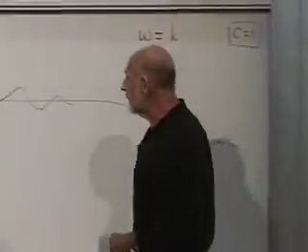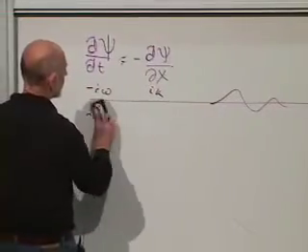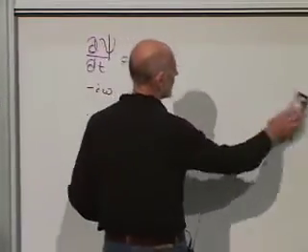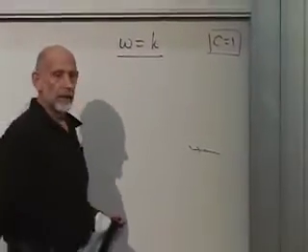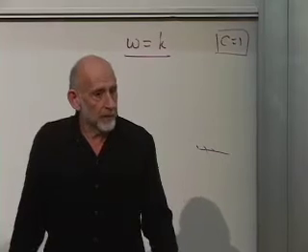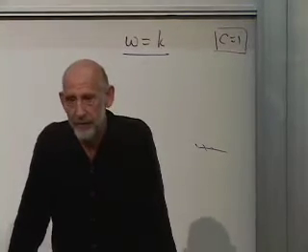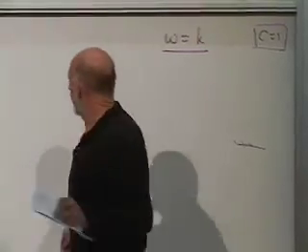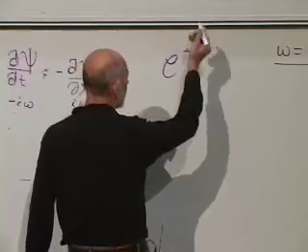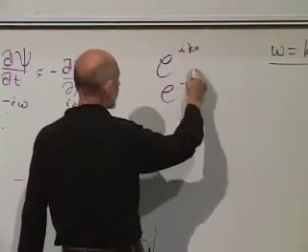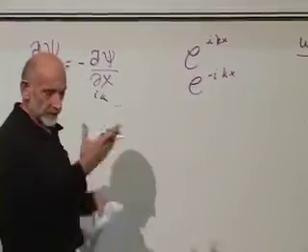Okay, now there's something a little bit crazy about this. Omega equals k. Energy equals momentum. Can k be negative? Sure, why not? I can write e to the i kx, and I can also write e to the minus i kx. All right? I can write both possibilities,